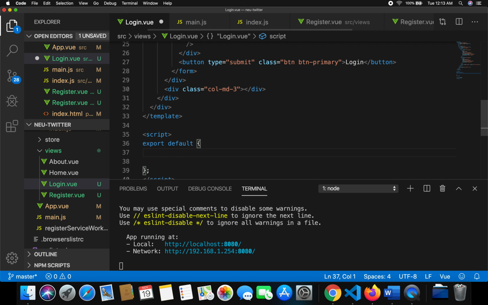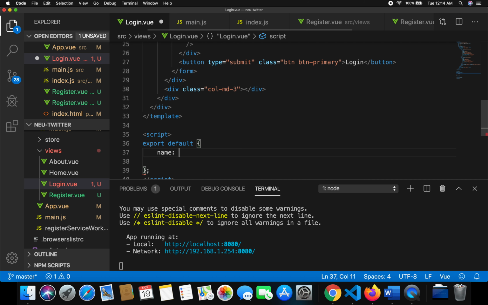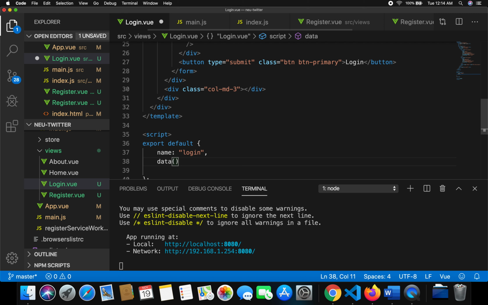Over here, the first thing we'll do is say name is login. So this is a view, and the name of that is login. Next, we actually want the data. The data is not defined like this, since this is a view, which is basically a component. For components, we have to create or initialize a value. So we say data is this, and for that data we basically will